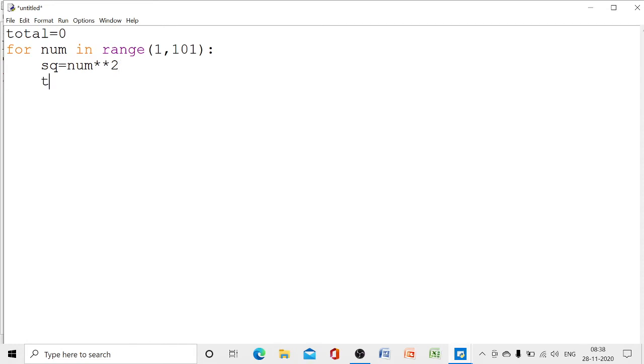Then to get the result we have to initiate a formula, that is total plus equal to square. So we have to get the total as += square. Right, now let us give the print statement.